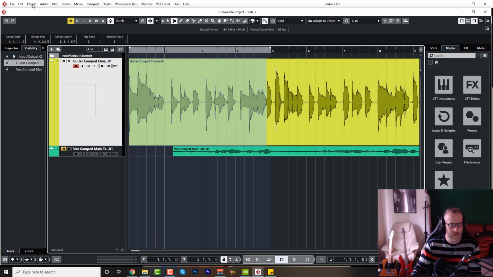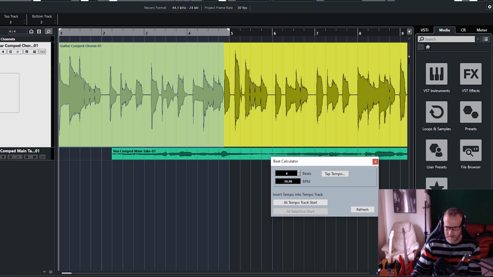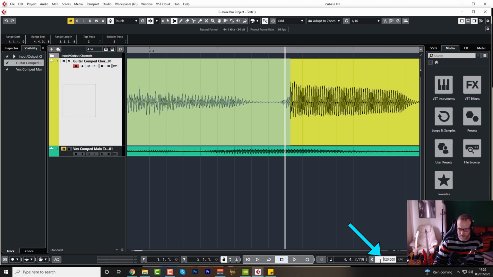So we're going to go to Project and Beat Calculator, and we're going to change this from 4 beats to 16. And it's saying it's 123.92. So it's more than likely going to be 124. So now if we type in 124 rather than 120, which is the default,